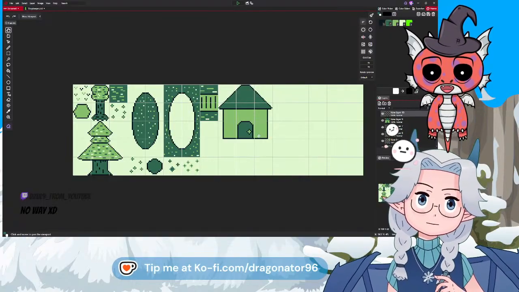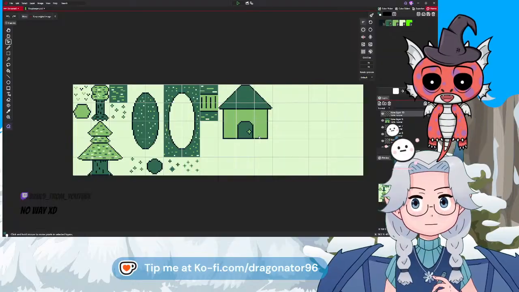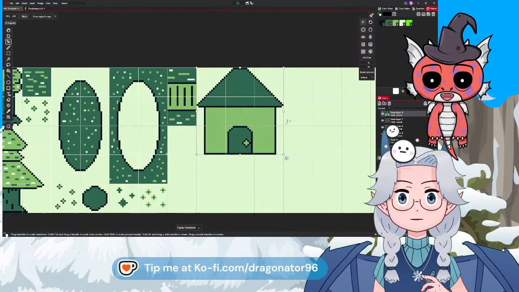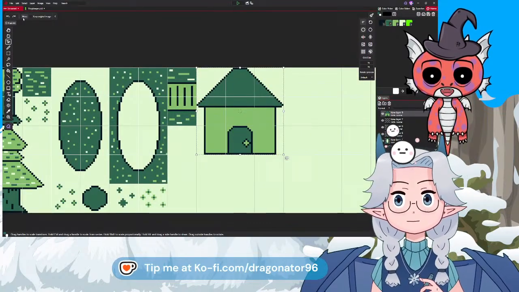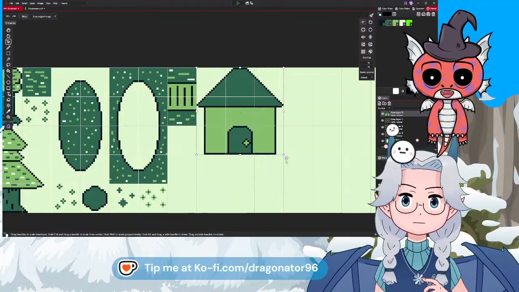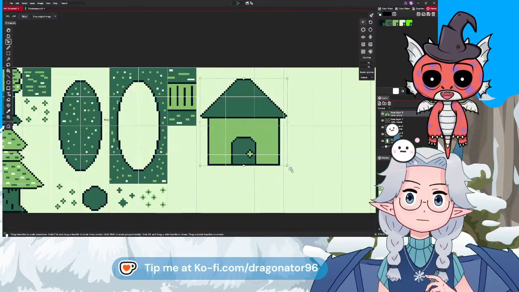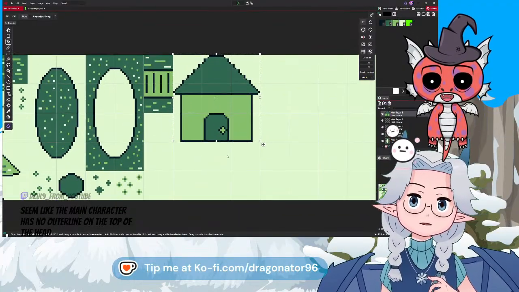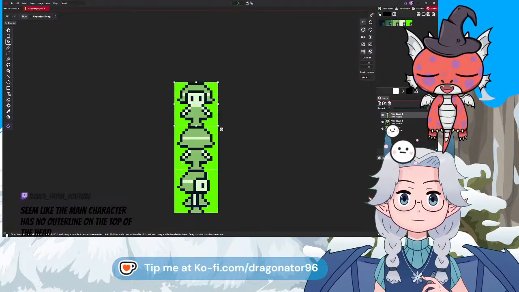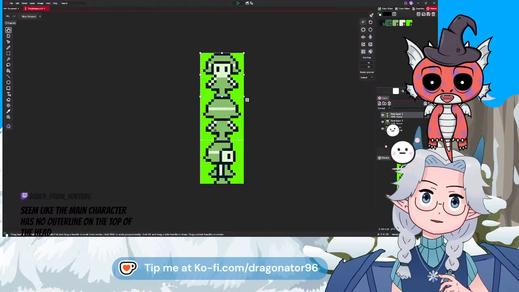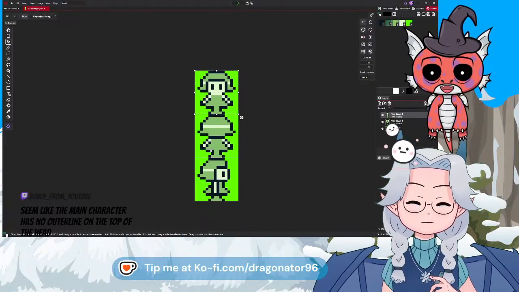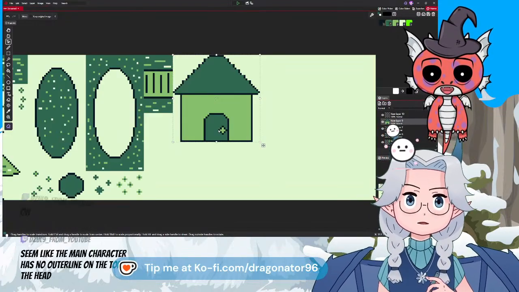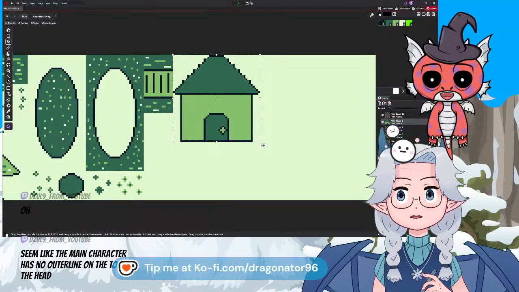Oh, that's cool. Okay. Anyway, seems to make characters no outline. That's just a shopkeeper. That's not actually going to be a character. That's not going to be the main character. We're not going to save changes. But what we are going to do is add some detail to the